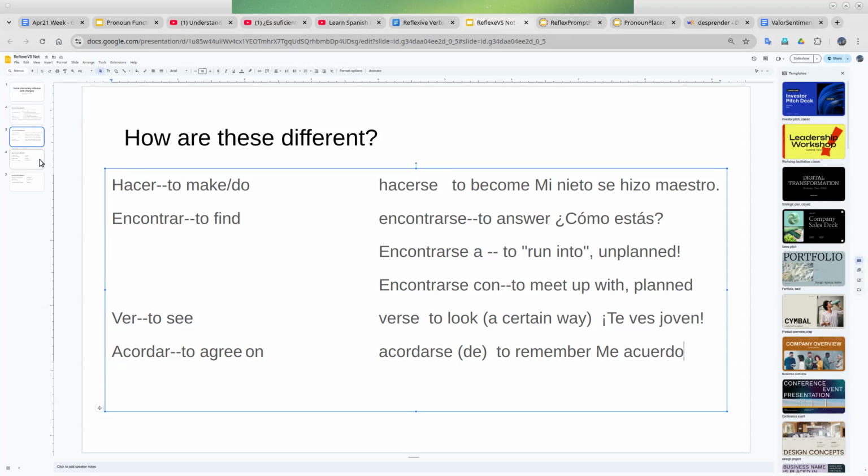So that is kind of the difference between reflexives and non-reflexives. I want you to kind of see that often you're going to hear certain verbs. And I've got a couple more things in the slides later on that we'll come back to. Good so far? Vale. Bueno.